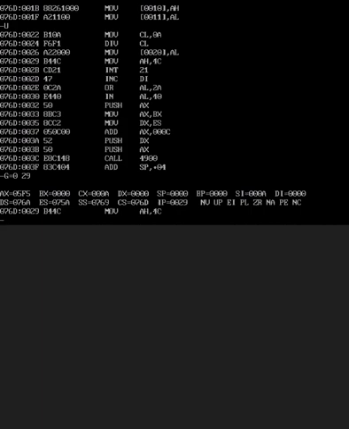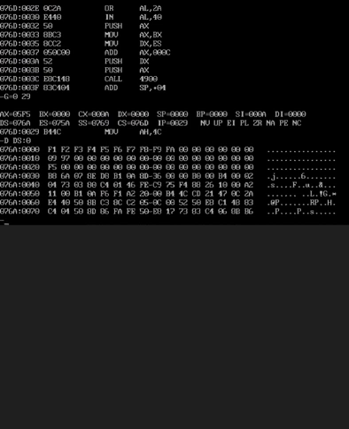I want to see the result in memory. Therefore I will type d space ds colon 0. Click on enter. You can clearly see here that in the first row we see the given data, in the second row we get the sum of all the data, and the third row is the average of all 10 numbers. Thank you everyone.